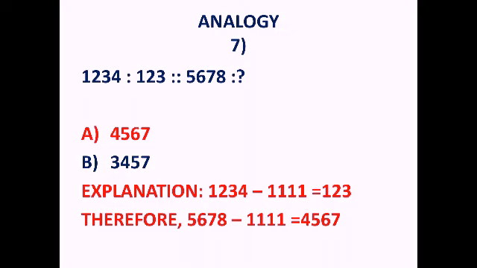So if from the first one we subtract 1,111 from 1234 to get the second number, that is 123, similarly from 5,678 also you will subtract 1,111. And what is the number that we will get? We will get 4,567. So our answer is A,